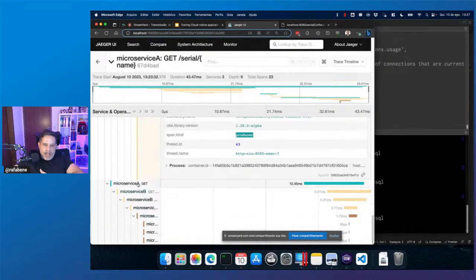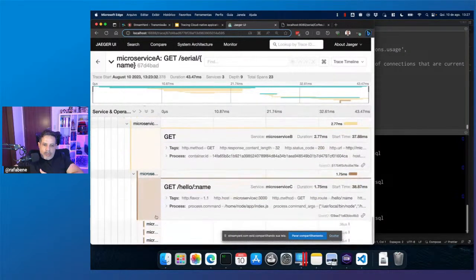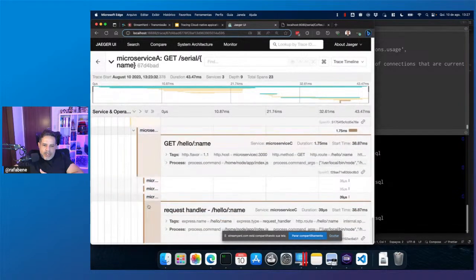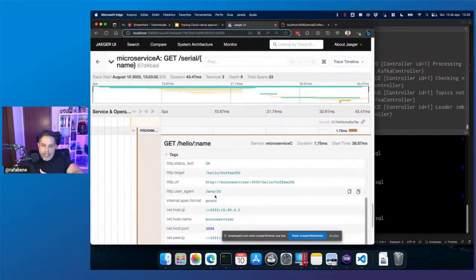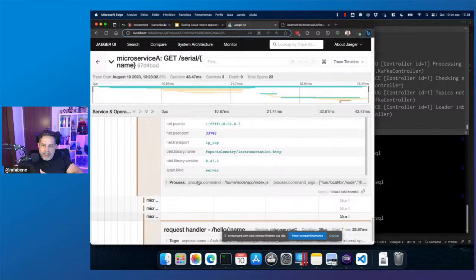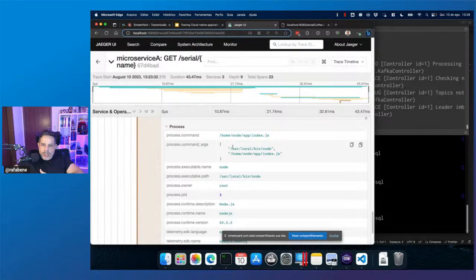And finally, microservice A called microservice B that called microservice C. Microservice C, let me see here if I can find it. It's a Node.js application.